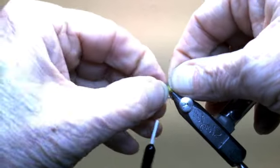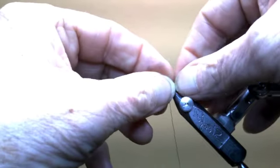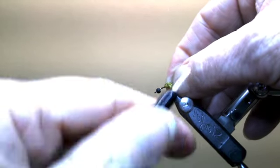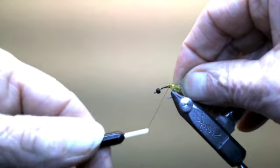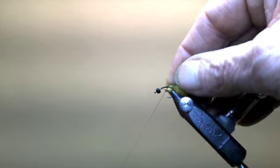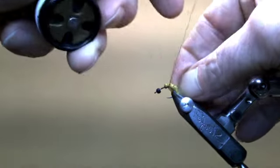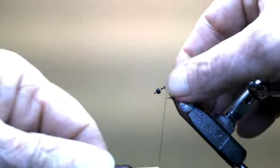We'll get this tied in right here. Get our tip up in there. I like to keep the chenille turned down just a little bit so when this hits the water, it's going straight for the bottom with that weight on it. And the look will be really good on there. So once I've got this tied in where I want it here,